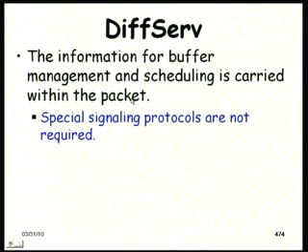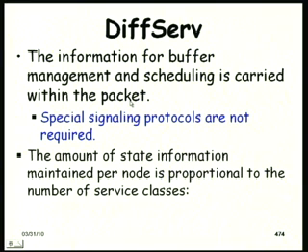So, here the required information is carried out, the buffer management, scheduling, all these are carried out in the packet. The information is stored in the packet, and there are no special protocols and storage of information at the routers. The amount of information that the switches have to store now depends on how many service classes we wish to support. For each service class, the switch or router will simply have the information as to how to handle that packet. A packet is based on class 10 or class 5, how does the switch or router handle that?